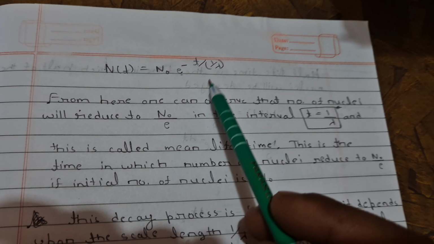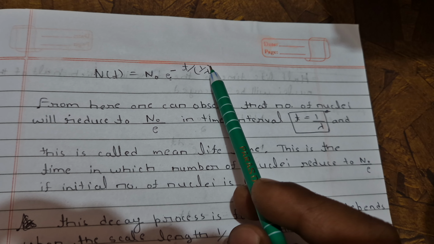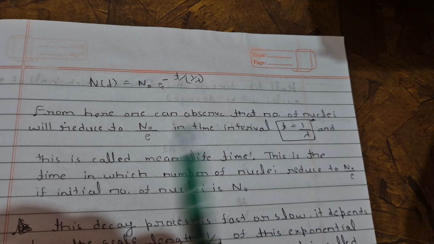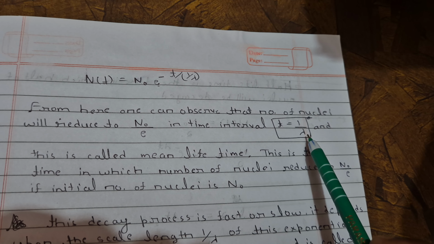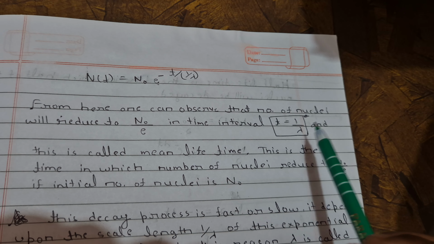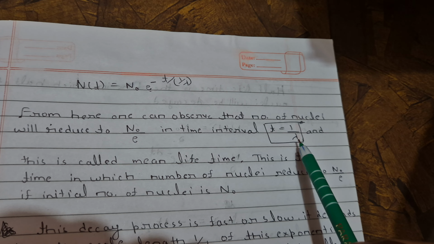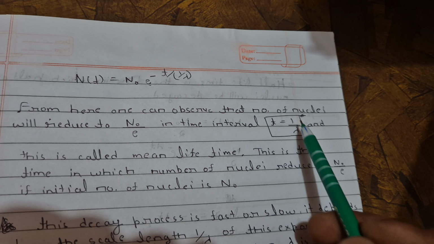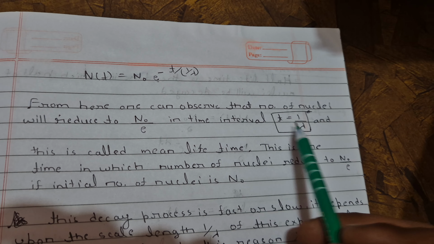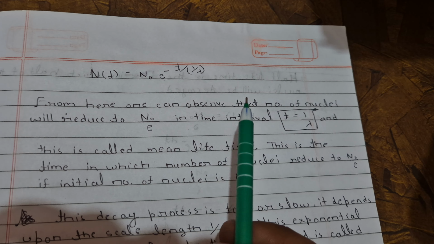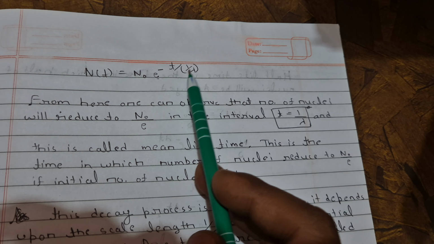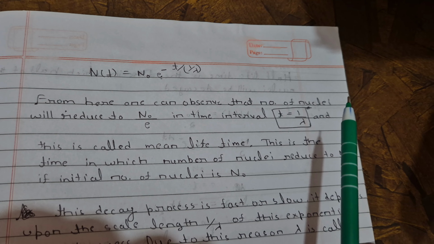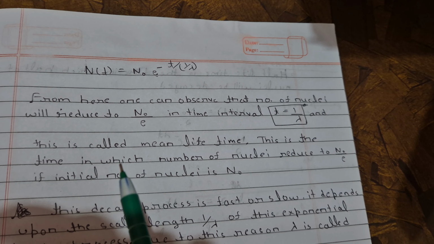Okay, so that's why this 1 upon lambda is the scale length, and it depends on 1 upon lambda how slow or how fast the process will be. Means if this 1 upon lambda is large, then it will take a large time, and if this 1 upon lambda is small, then it will take less time. So 1 upon lambda will be less when lambda is large, and 1 upon lambda will be large when lambda is small. That's how you can relate them. You just need to understand that this shows the time in which the value decreased to N naught by e. So if it decreases in a large time, then lambda will definitely be small.